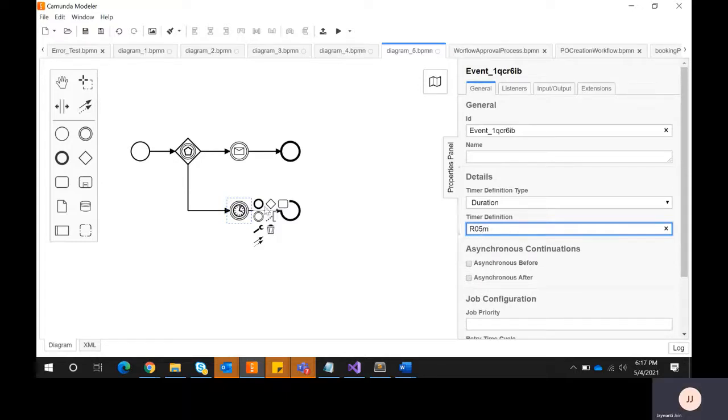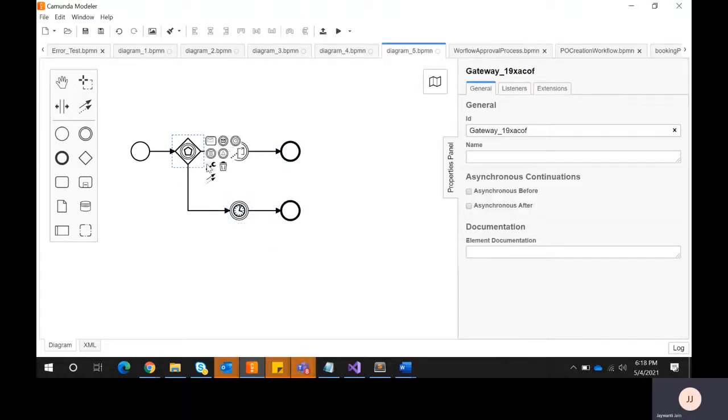So if within 5 minutes this action has not happened, it will take this path and end the process. Or if before 5 minutes some action has happened, like this event has been triggered, it will go this way.